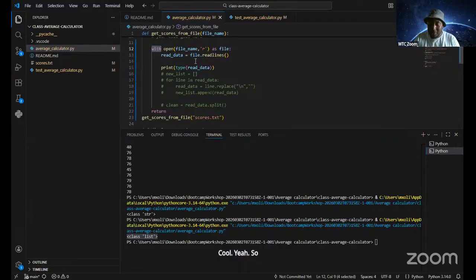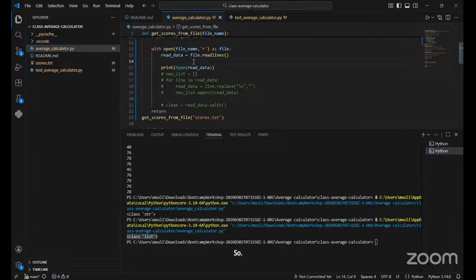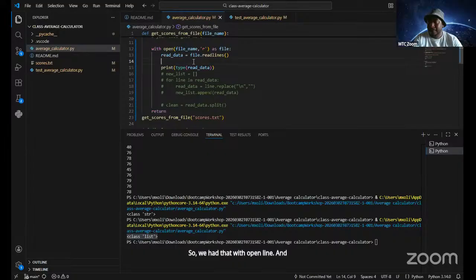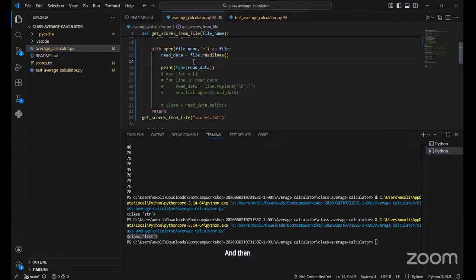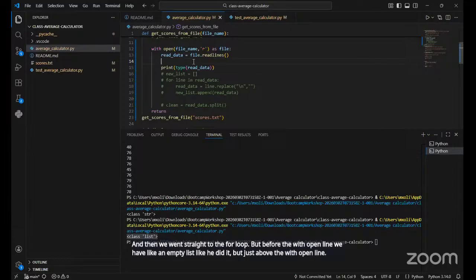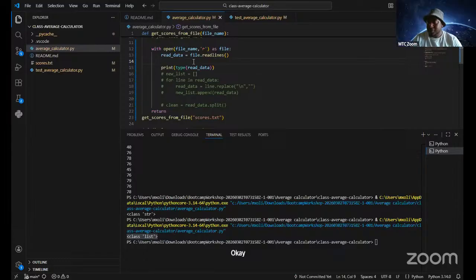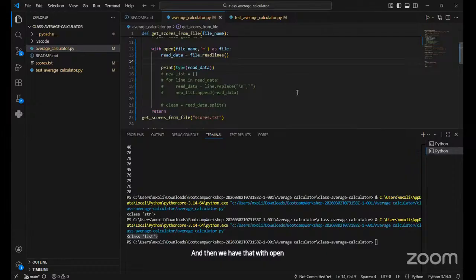So how did you guys do it? We had that with open line, and then we went straight to the for loop. But before the with open line, we had an empty list, just above it. Then we have the with open line to read, and then a for loop, so the loop is looping over the lines of the file.